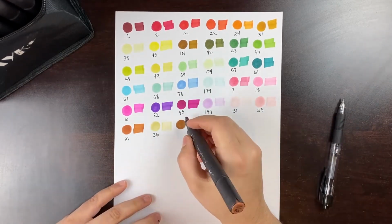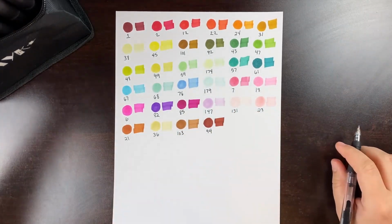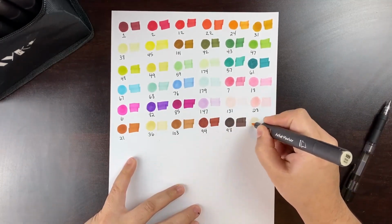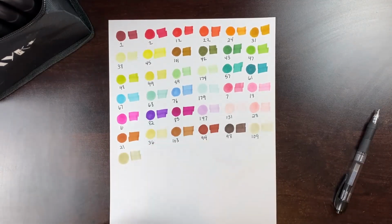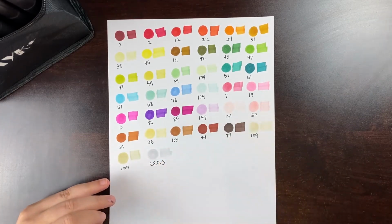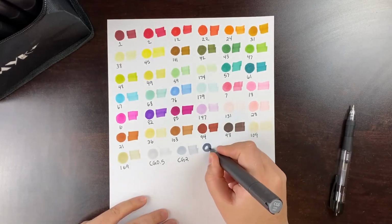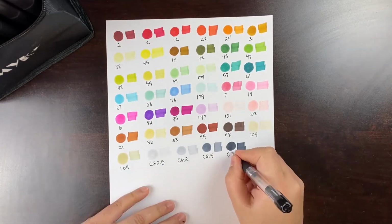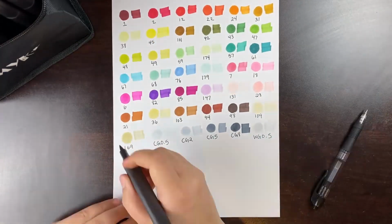The only thing that I was like, okay, this is definitely gonna happen, is that the tip of the nib, the very top, is going to fray over time because of the sole fact that, well, it's a cheaper nib. It's not gonna hold up that long, but it's still really good for the price that it comes with. Whenever I do something like this where I test out markers, I really like to consider the price for what you get. So for something like this where it's a $14 brush pack, the brush markers are going to last you a really long time before they start